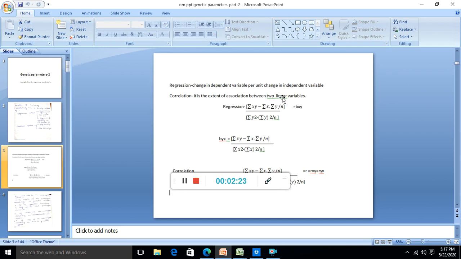So any two linear variables, if you take the fat percentage and milk yield, we all know that total fat percentage and total milk yield are positively correlated. It means that if the total milk yield increases in any animal, the total fat content is bound to increase. So it is showing a positive correlation. Similarly, fat percentage and milk yield are also negatively correlated to each other, because the more the yield, generally the fat percentage decreases, or the thinner the milk, so the correlation is negative in nature.